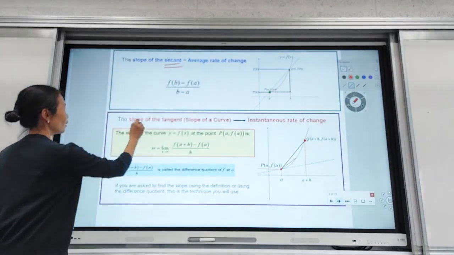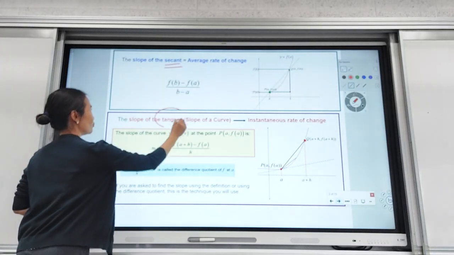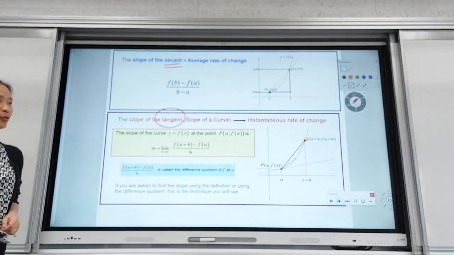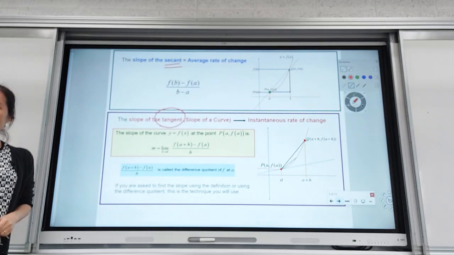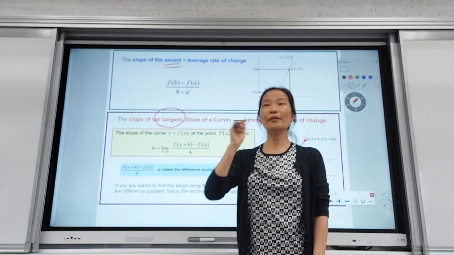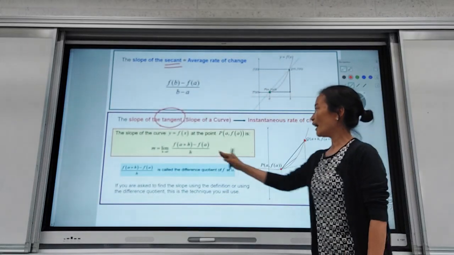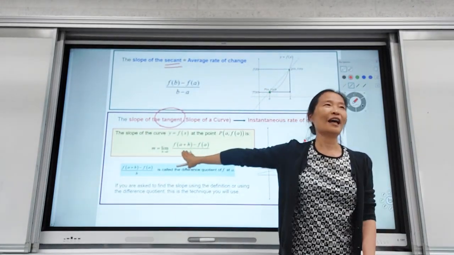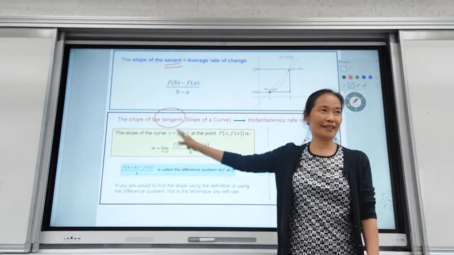So you are really looking for the slope of the tangent at that point. And we actually spent a couple of days trying to find the limit algebraically of this type of